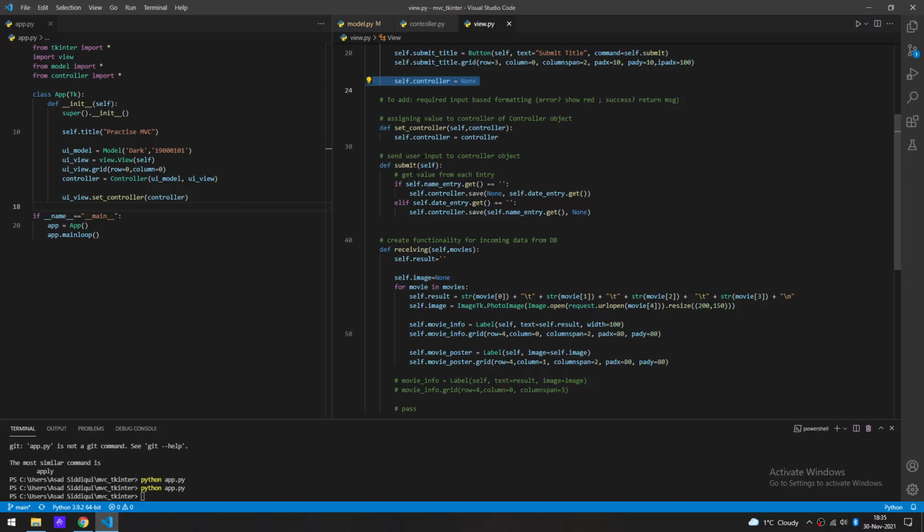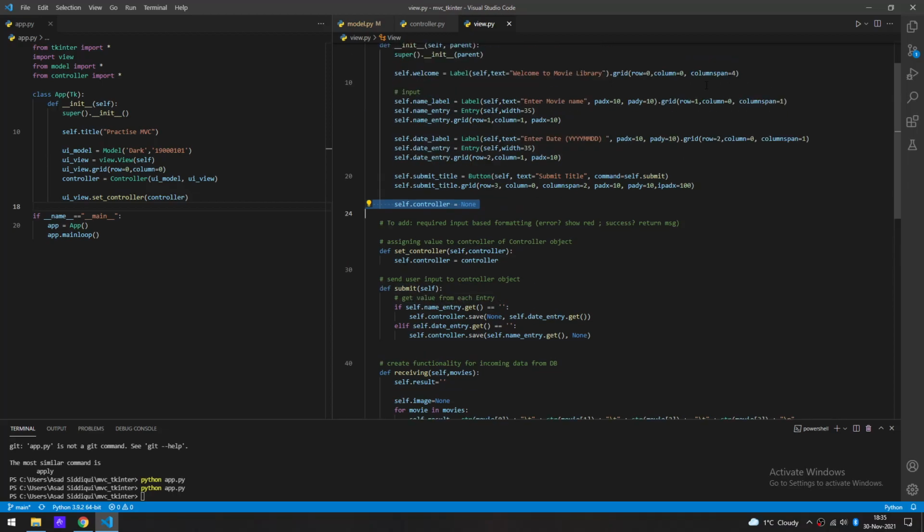And then after that, we have the user and we have the receiving functionalities. So for the submit method, this method is actually being called within the submit button, as we've seen before. In it, I just set up a quick conditional in which if there's no name for the movie provided, then